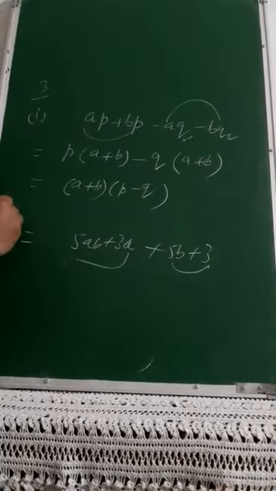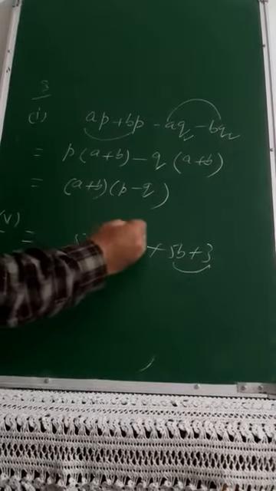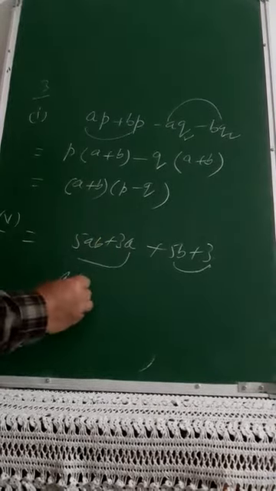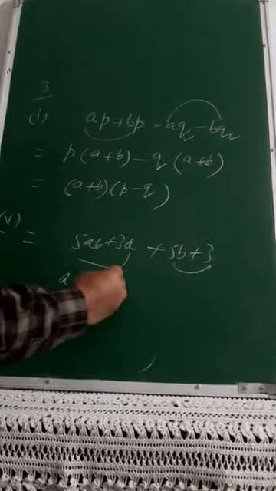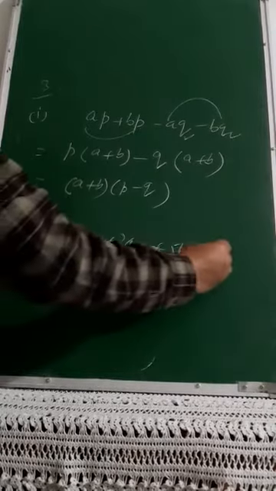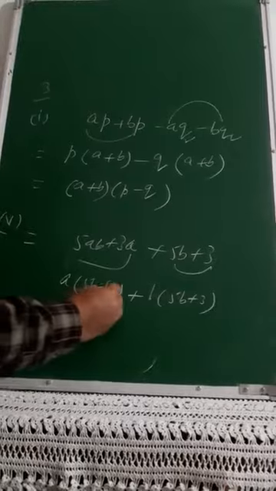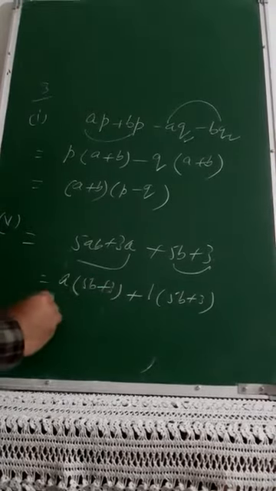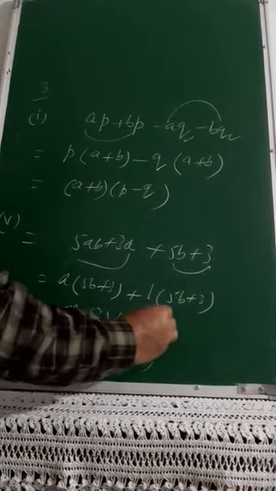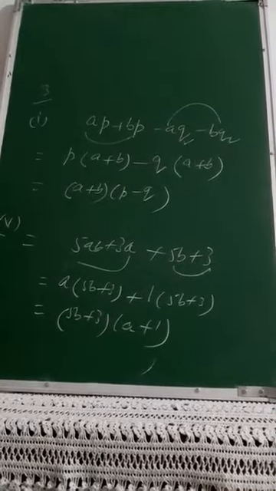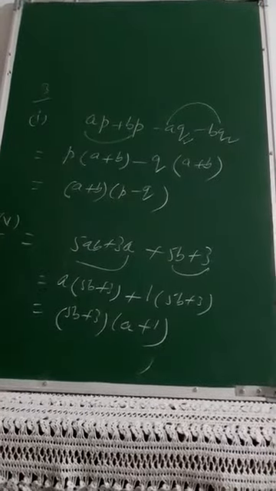And this is the fifth part I am solving for you. Because here you see A is there, A is there, so only A I can take common. What is left from here? When A is common, only 5B is left, and only 3 is left. When nothing is common, it means 1 is common. So 5B plus 3 is there, 5B plus 3 is there. I can take that finally common, and from here it will be A, and from here it will be 1. So 5B plus 3 into A plus 1. In that way you have to do the rearrangement if required, otherwise do the grouping.